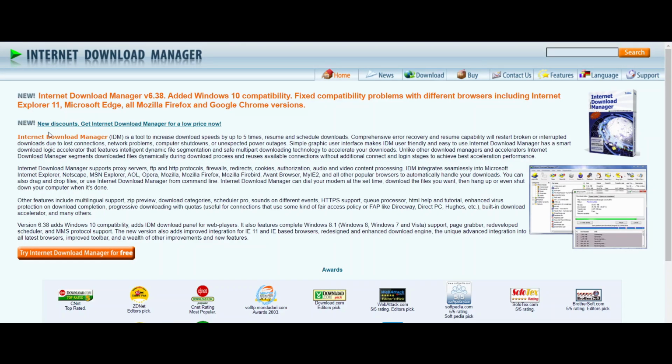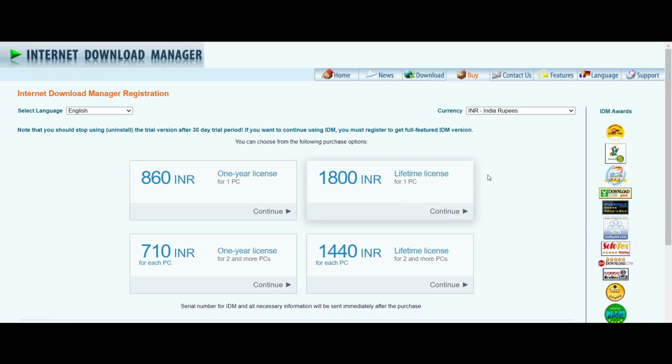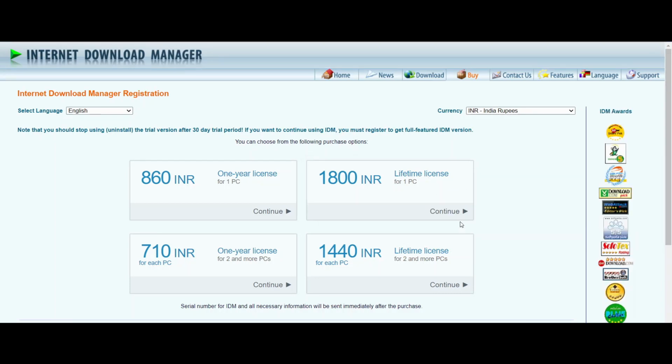Today we are going to talk about some Internet Download Manager alternatives which are free and open source. We all know Internet Download Manager is a good tool for downloading files from the internet. It has some cool features which you do not get from the normal Chrome and Firefox browsers, like resume download, stop download, schedule download, etc. It gives you much faster download speed than your normal day-to-day browser.